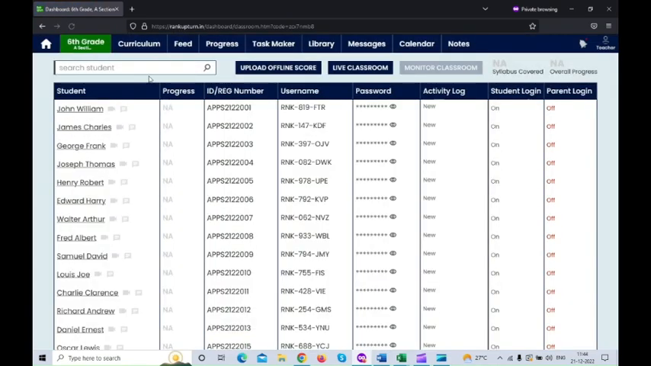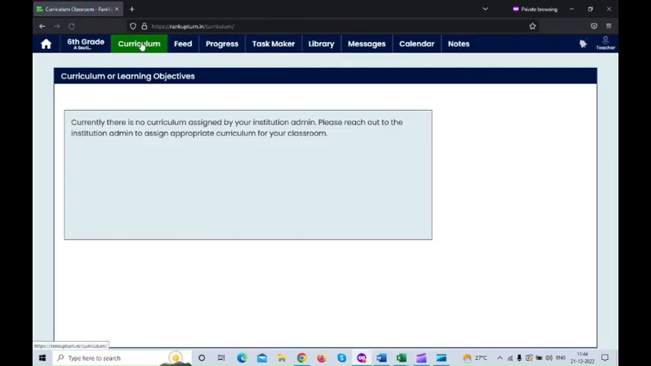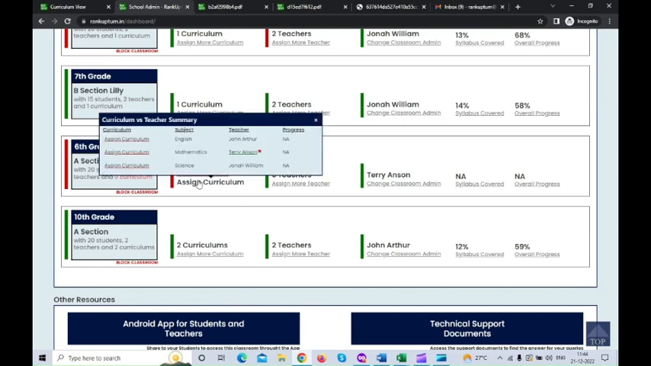So you can go inside the classroom. Inside the classroom you can view the curriculum. Here you can see for 6th grade A section the curriculum has not yet been assigned. Currently there is no curriculum assigned by your institution admin. Please reach out to the institution admin to assign appropriate curriculum for your classroom. It shows here, right? So now I'm just going to assign a curriculum here